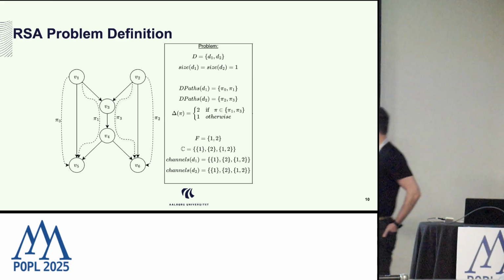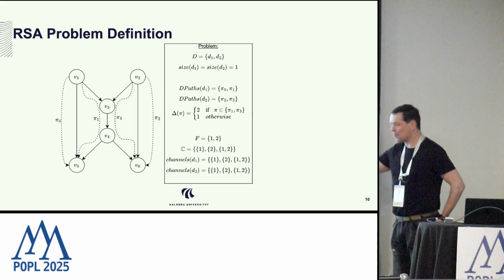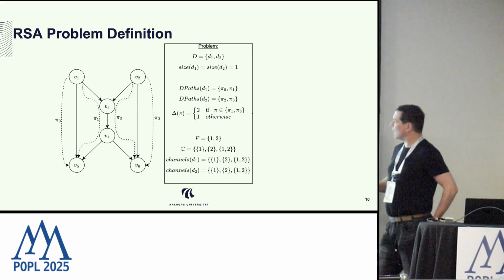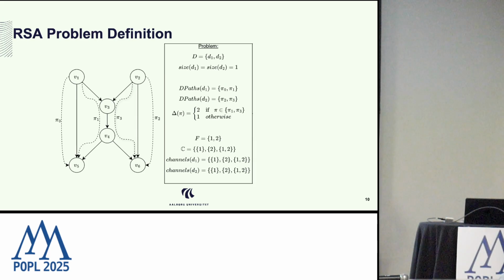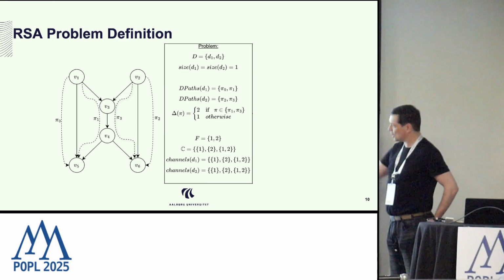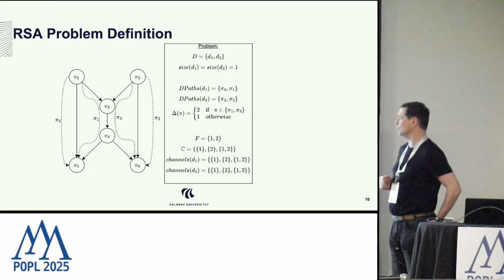And then we have a number of frequency slots. Usually that's more than 300, but in my example, it's just 1 and 2. And then we can define the channels. These are all the contiguous slots that we can use. So there are just 3 possible channels I can use.